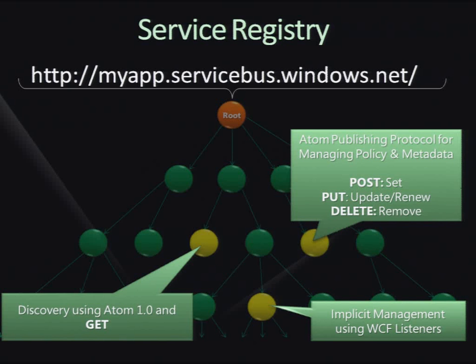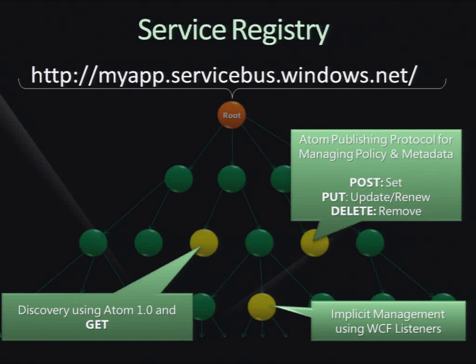Metadata, you can go and post simply into that registry with a simple post request. What I mean with metadata is you can take an Atom entry using the Atom publishing protocol, and you can just post that at a place in the service registry. And what can you post there? You can post an endpoint reference,